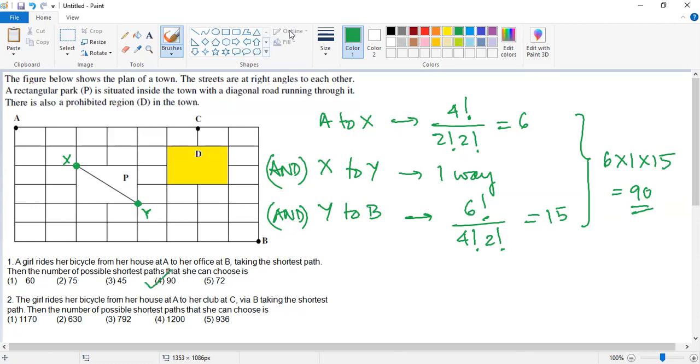Right. Now the next part of the question is saying that you have reached B, but you have to now go to C via B. That means from B now you go to C. So when you are going to C, obviously we will be focusing only on this part of the grid. We will not go any more to the left because I have to just reach C, right? And the shortest path. So I see that one portion of that is blocked. So it makes sense to use the counting process.